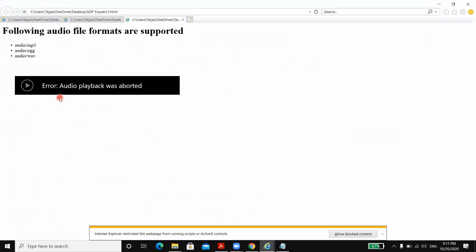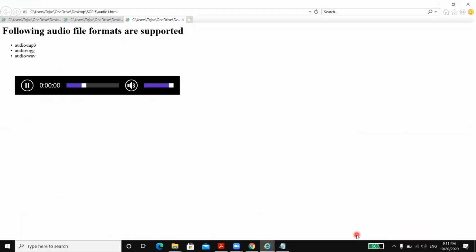So every time you get such an error, this is not an error because the file is not supported. It's because of Internet Explorer. When you try to use the audio or video element, they will always use the restriction of the browser. Now this is the error here. So you have to allow this blocked content. Click allow, and you can check as soon as I refresh the page, the file started playing. It did not wait for me to click on this play button. So this is like manually playing this file, and here the file is being played automatically.